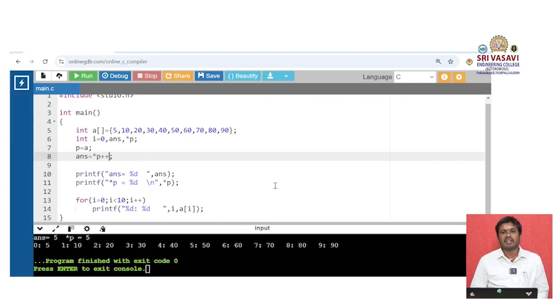When there are more operators working on a single operand, the priority is always for the operator on the left side of the operand. So here, star P pointer